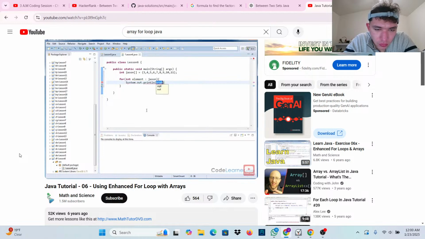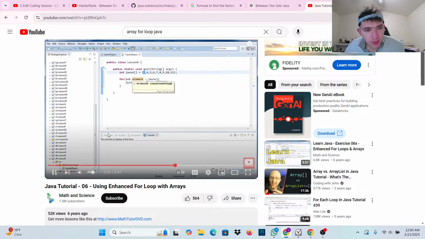So we can do something like system.out.println like that, and then we can just say element. That's it. Now what's happening here is basically this loop is saying, okay, start from the first element in this array, and then we go inside the loop and we print out that value. So as we go through, 3 is stored in the element variable, and then we print that guy out. Then the loop goes